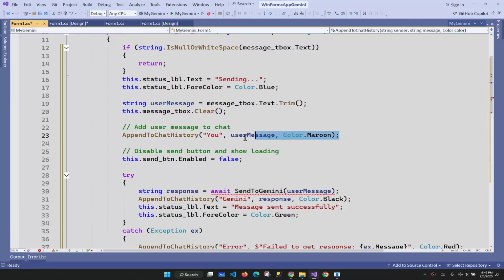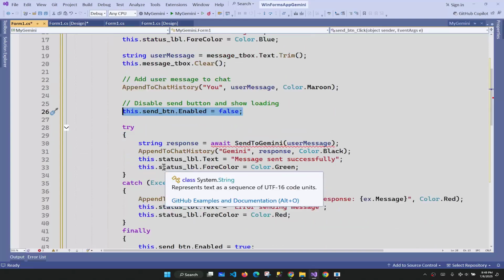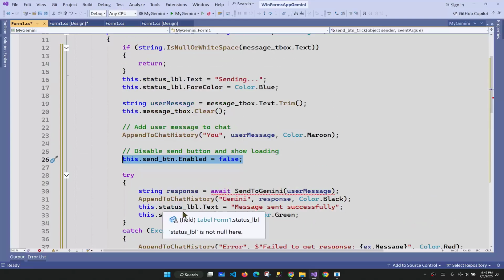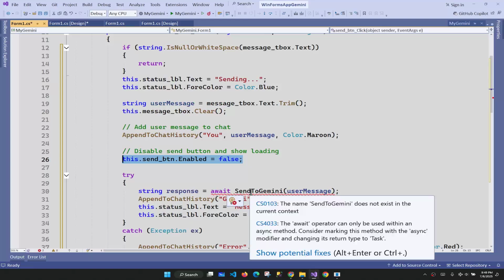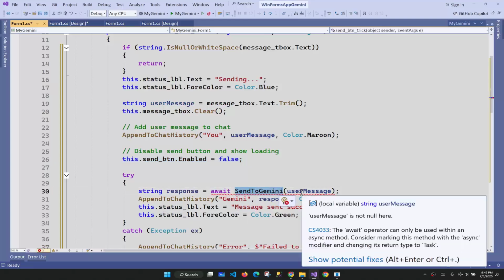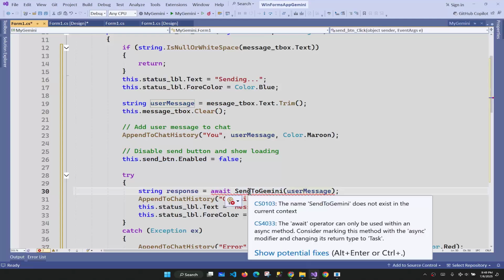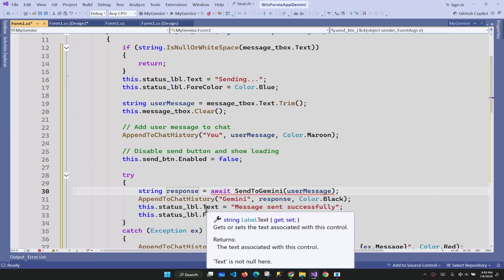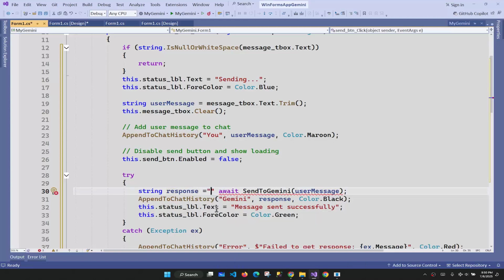After adding the U, it's time to disable the send button. Then we need to get back the response by calling send to Gemini. Which one? This message. This is the method name that I'm going to talk about in the upcoming tutorial. So let's come over here and easily say response equals to, for instance, the